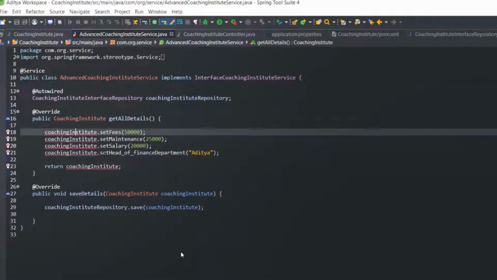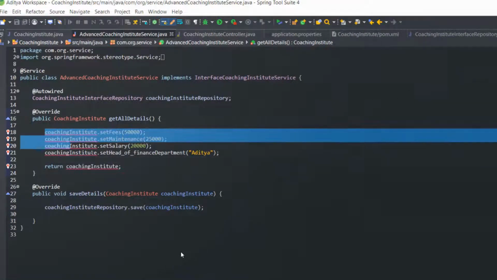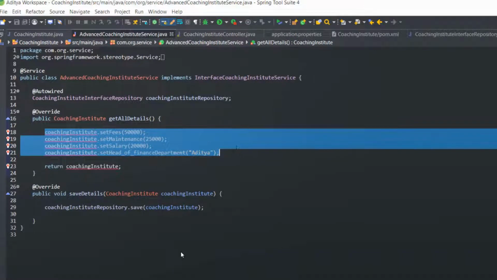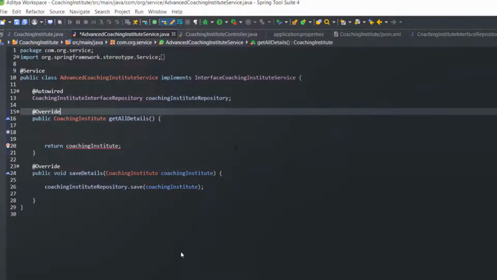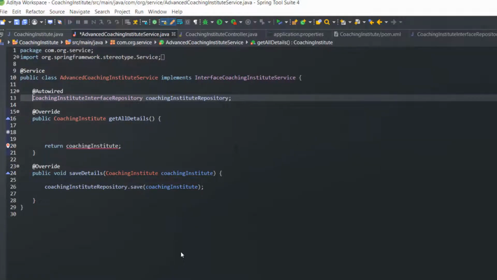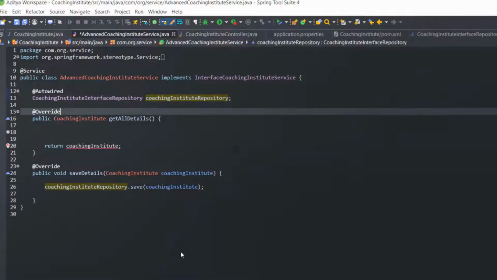Now I will remove all the hard-coded data, and here I am going to access the data with the help of the primary key ID. Again, here I am going to use another method, and the method name will be, let's say, coachingInstituteRepository, after that dot getById.